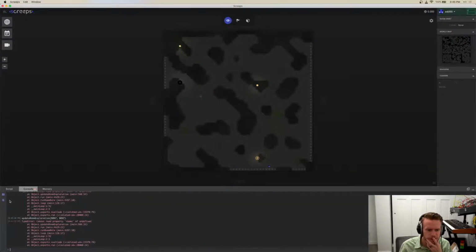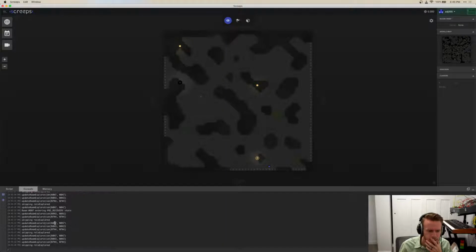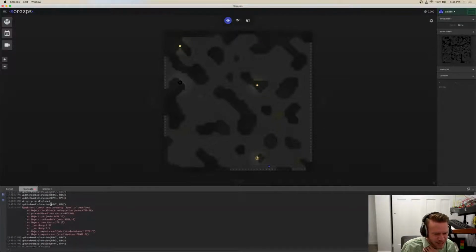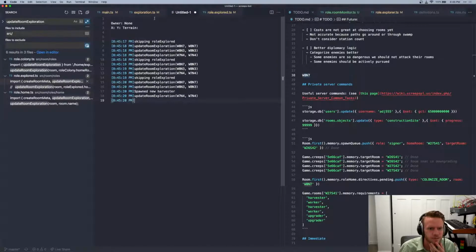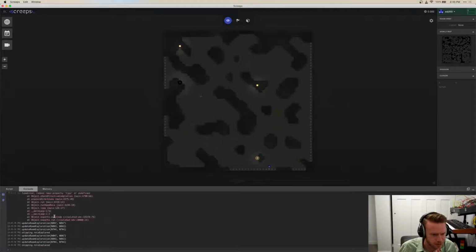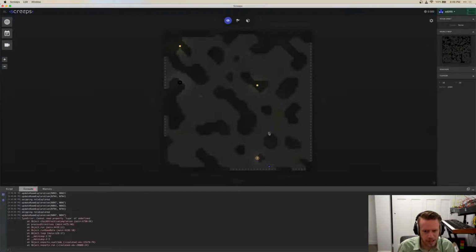Let's do this for a second. The room... okay, I think I know what just happened. Okay, I just saw something that looked awfully suspicious. So notice how the log says... hold on, grab this. Notice how the log says, oh, did I get it? I don't think I got it. It basically says that this room is entering a recovery state, which means that the room is not an explored room. And I think the reason for that...